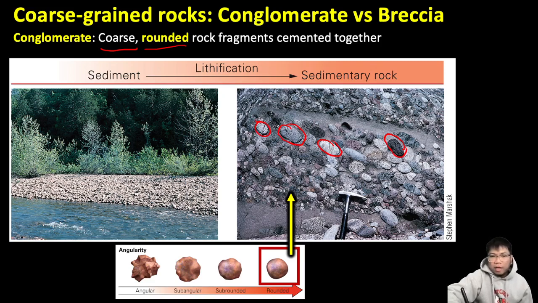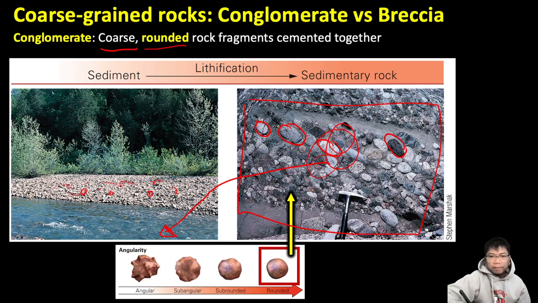Whenever we have rounded fragments of rocks that have been cemented together, that is what we call conglomerate. And conglomerate tells us that the environment would be moving water such as rivers or streams. They typically have a lot of rounded sediments